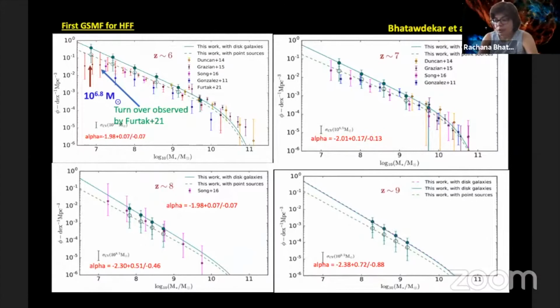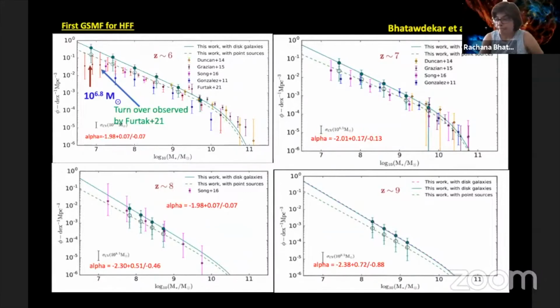And as you can see, we are also not finding any evidence of a mass function turnover in the mass range probed. Recently, Furtak et al. have observed a turnover in their study, which is shown by these red points here in this plot. But the turnover primarily is because they derive their mass function by convolving their M star MUV relation with the luminosity functions of Atek et al., who do find a turnover in their luminosity functions, as I will show in